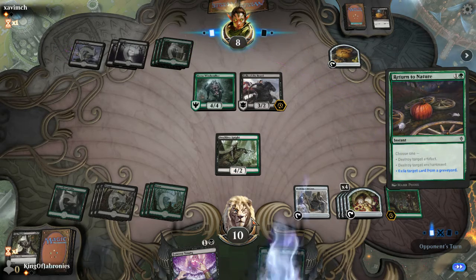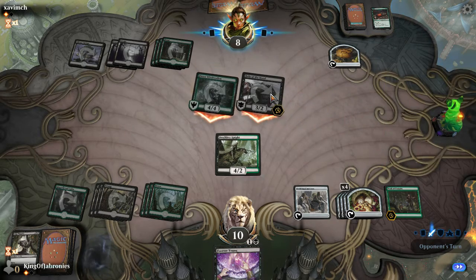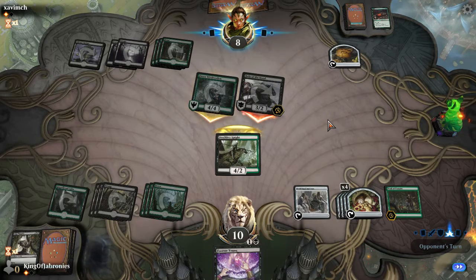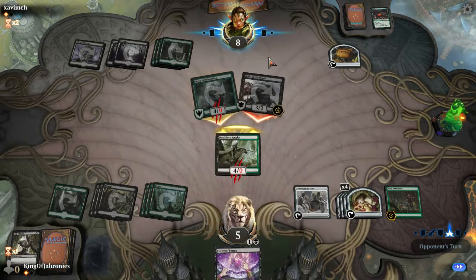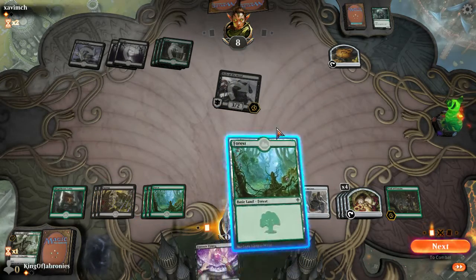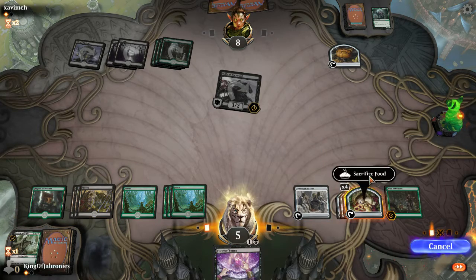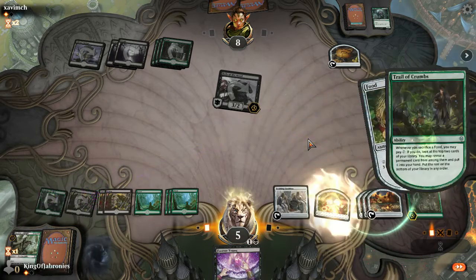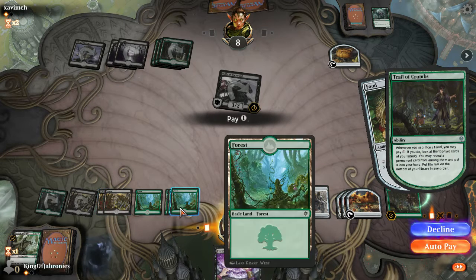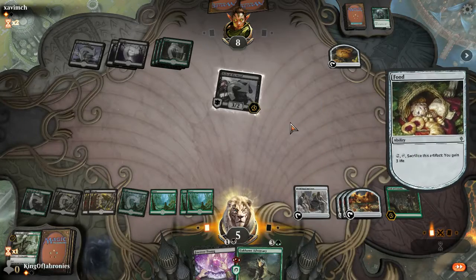Okay, Return to Nature. Nice, that's a nice play. But I still have life gain, and I'm fine trading this off. I can just revive it back with the food. So what I can do here is play out a land. Yeah, I can sack the food. Yep, pay 1. Draw the Okame Adversary, get back the...